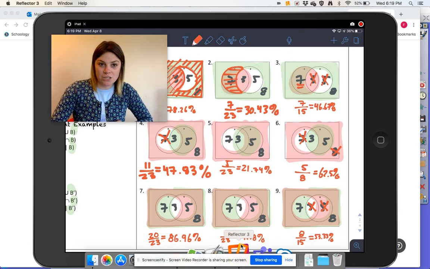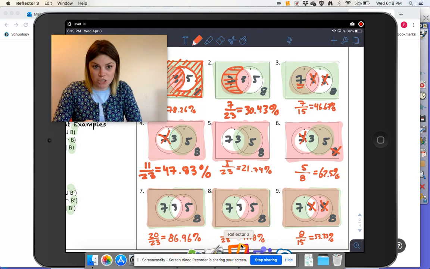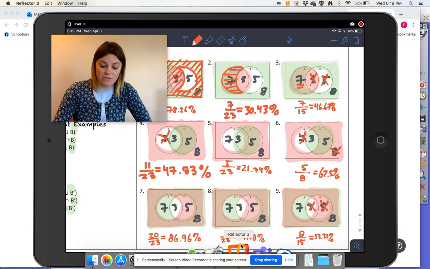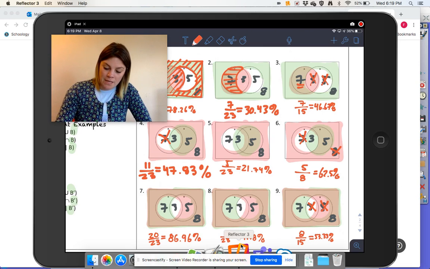And so the intersection of this is where the shading is doubled. So that would be 5. That's the only double shading. For number 6,